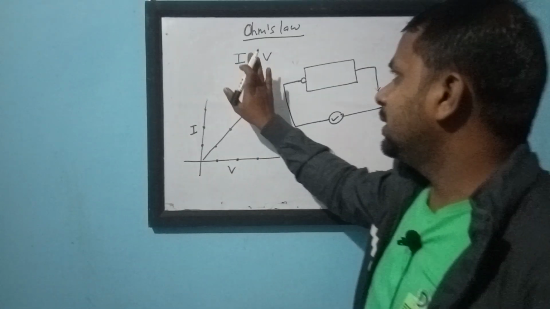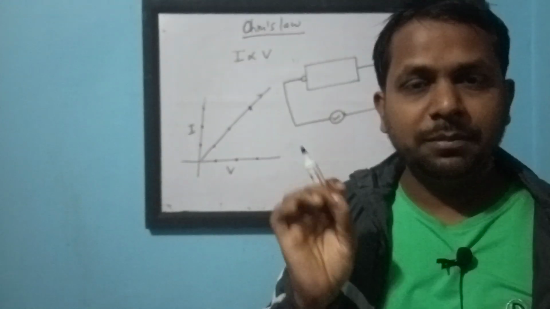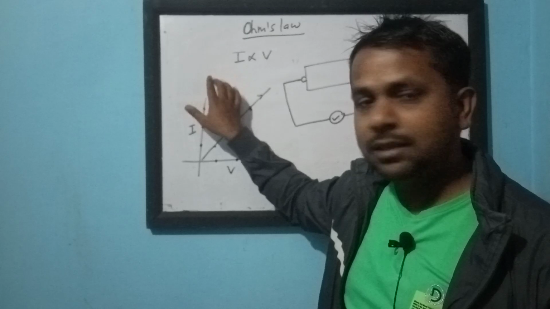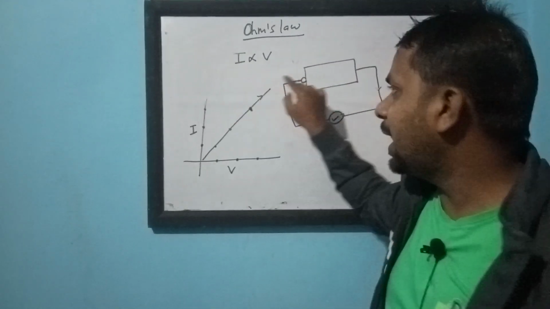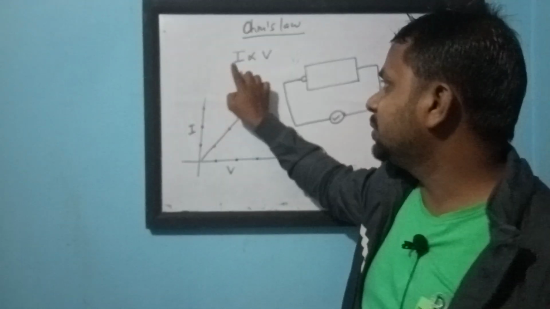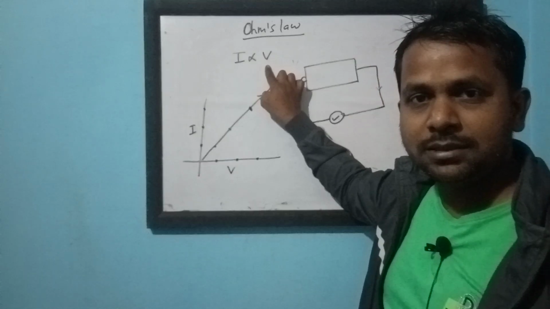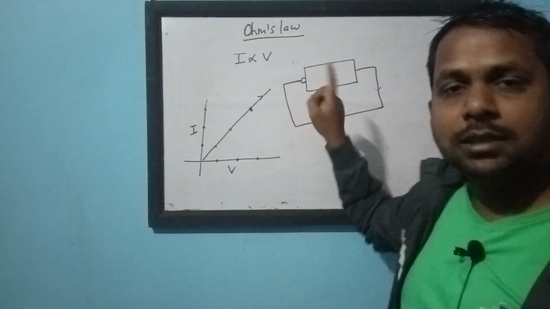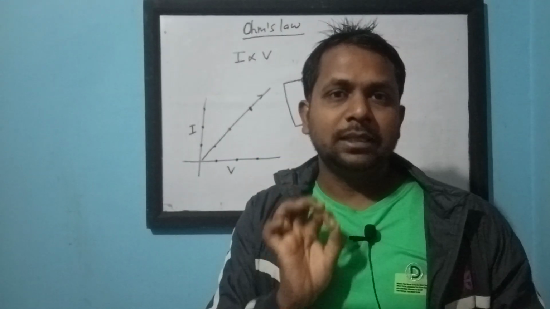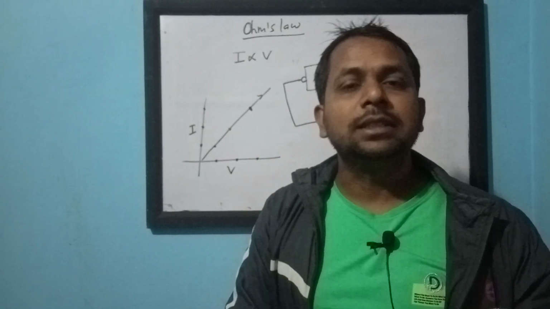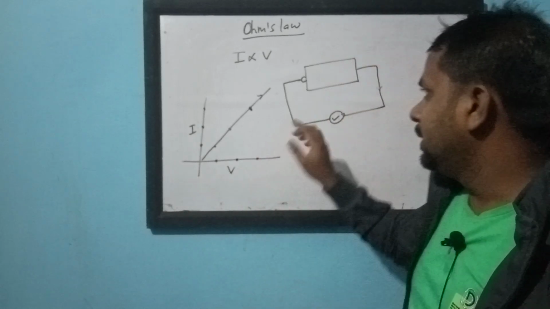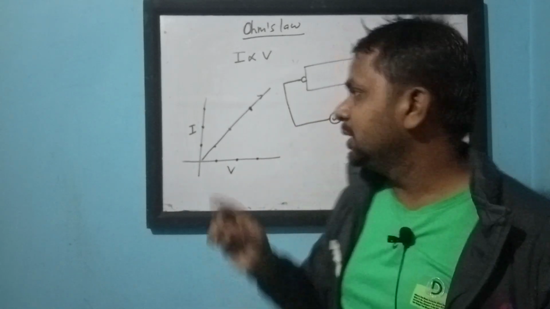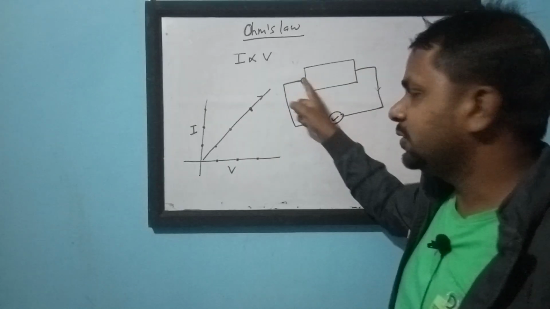And again I want to repeat the statement. Ohm's law states that the current flowing through the wire is directly proportional to the potential difference. If we go on increasing the cells, the value of current flowing through the wire goes on increasing, if the physical conditions are constant. Physical conditions means we are keeping the same wire of same thickness,